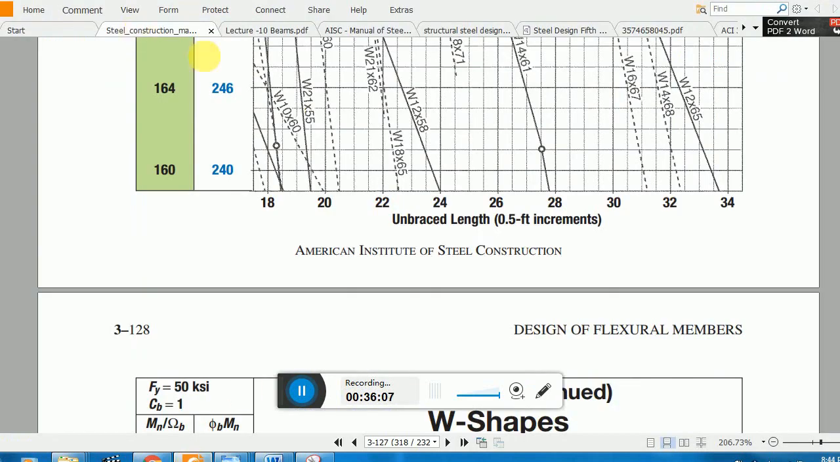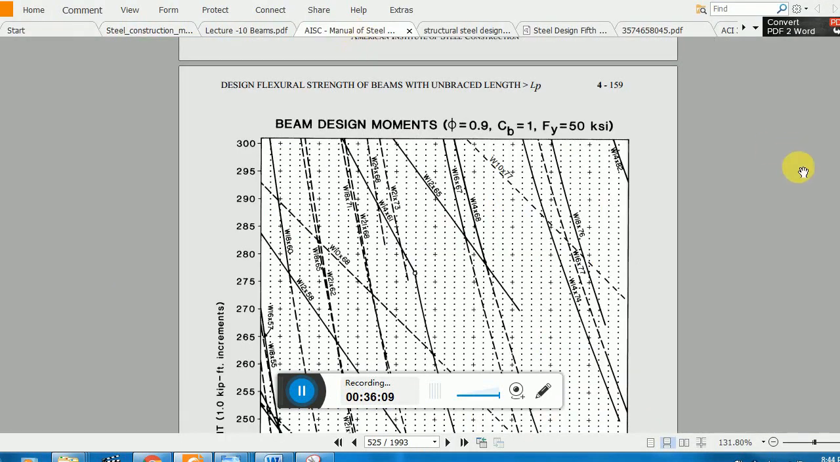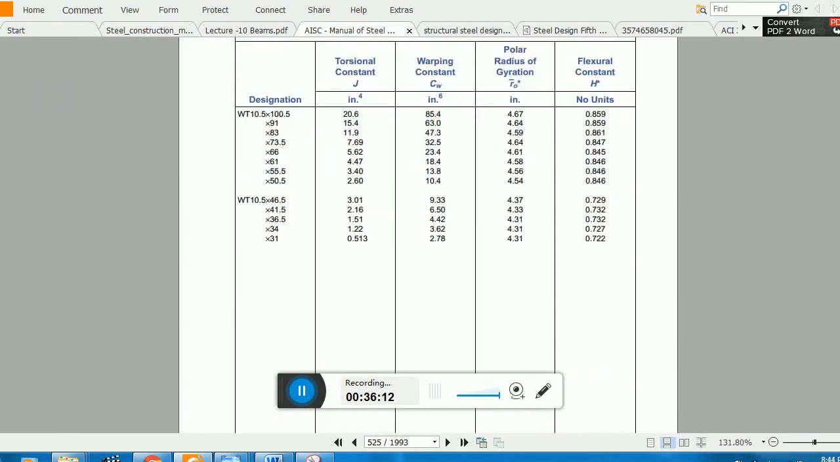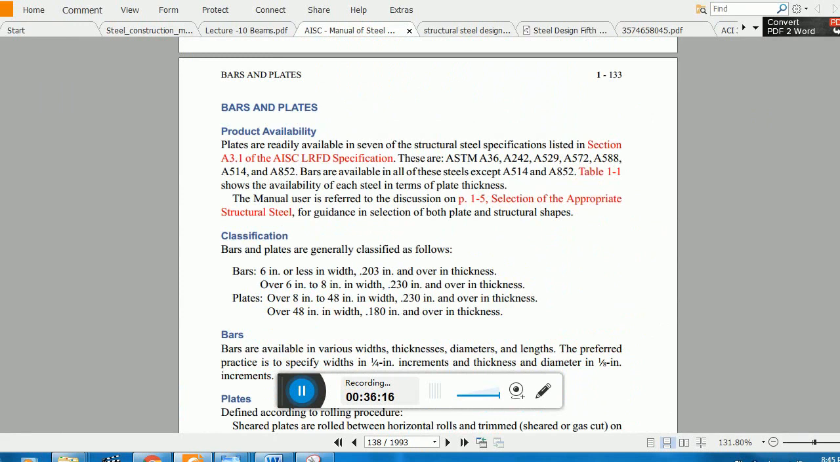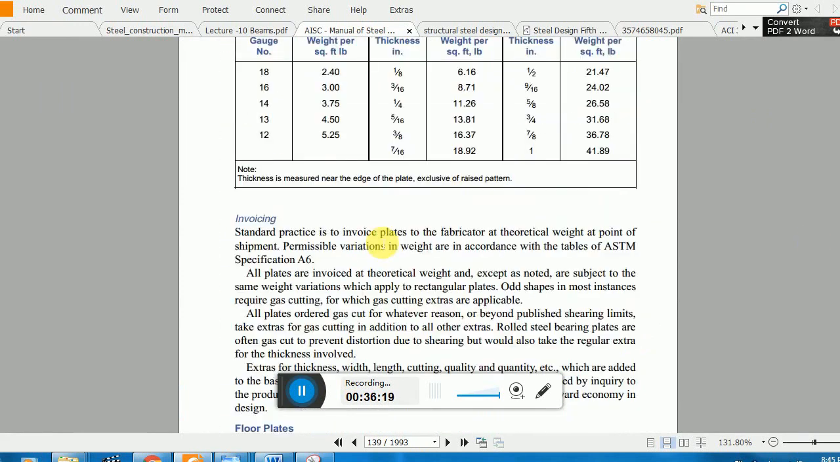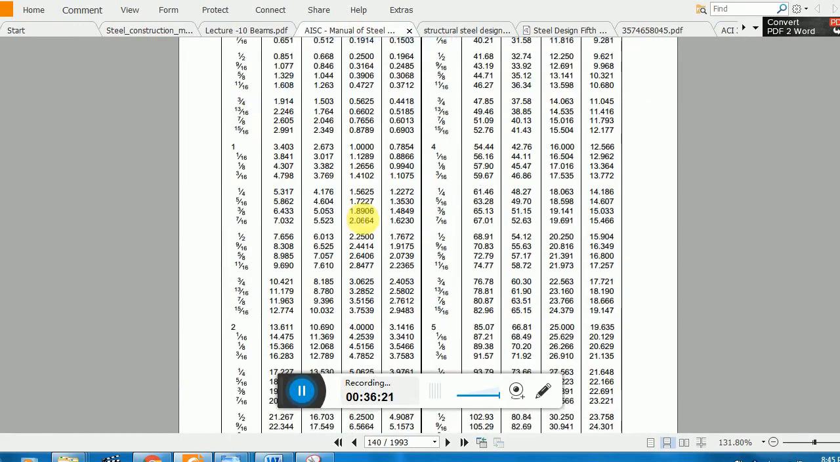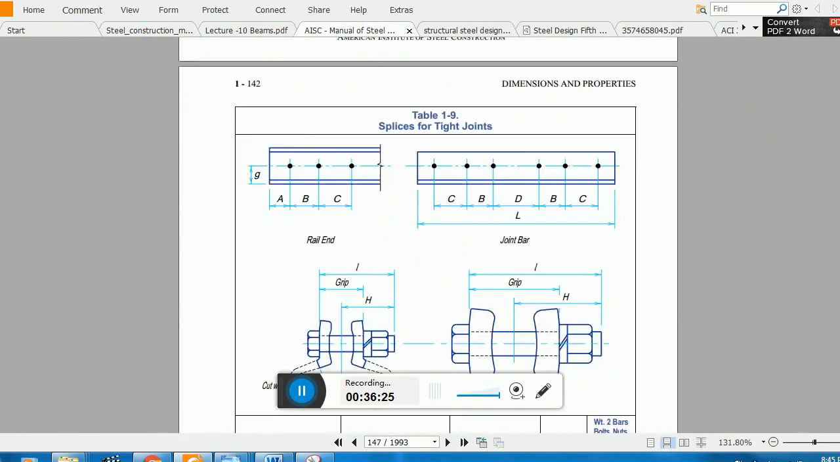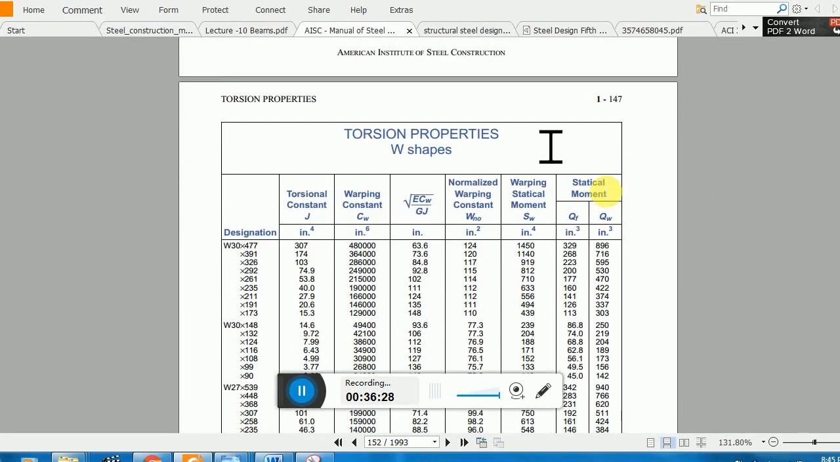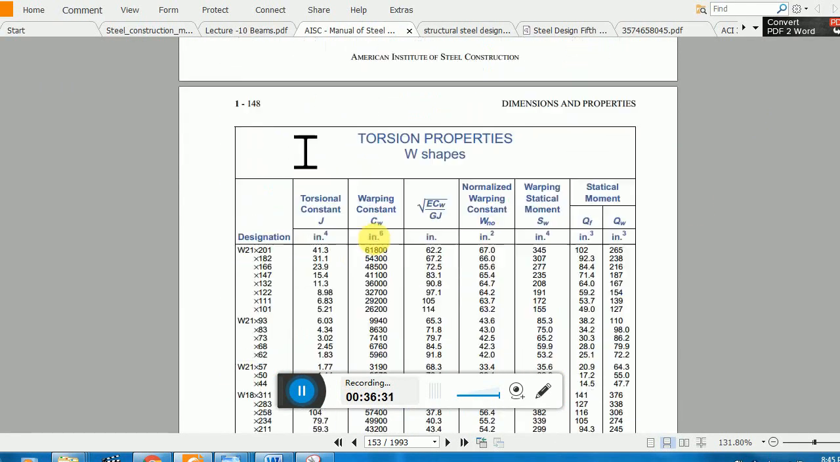Okay, so here we have the torsion properties. Let us see where these values are. These are the torsion properties of the section. Clear? Each section has its own torsion properties. This is CW, that is the warping constant. Okay, ECWGJ, basically the whole thing. Okay, CW, J, and we have a section of